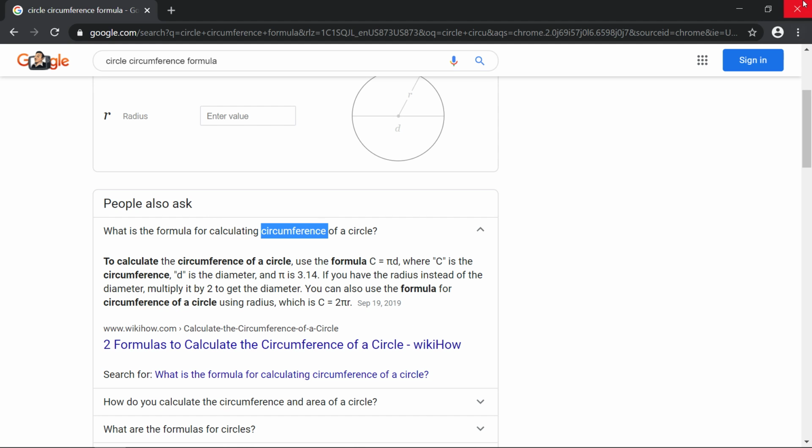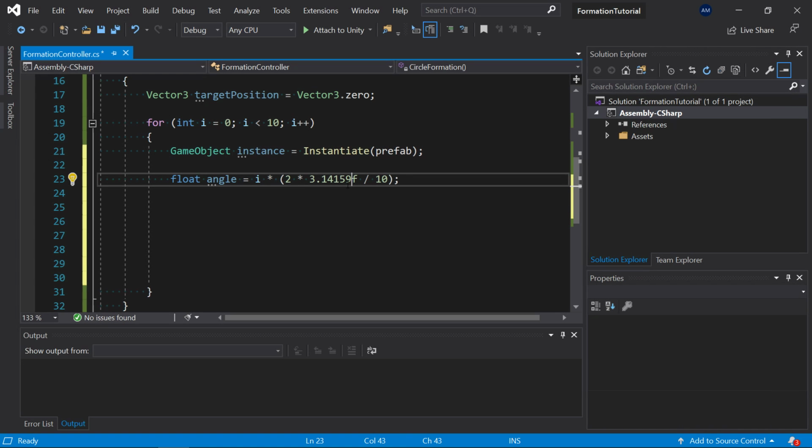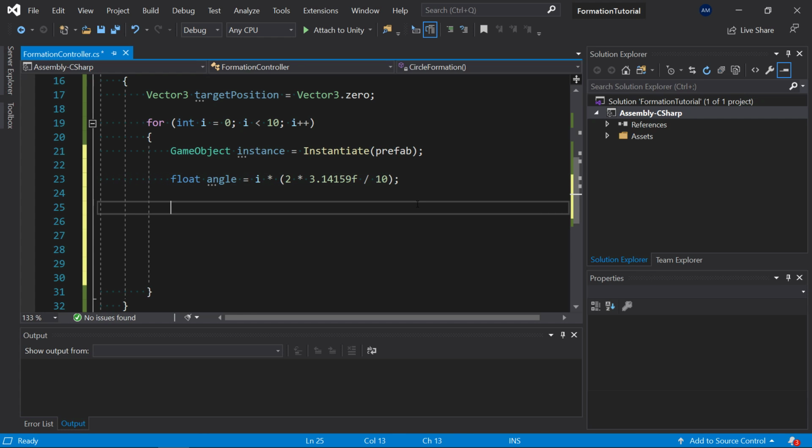So then that would be 2 times pi, and then you're going to divide that by 10, because that's how many spheres we want. And then the index is just what index it is in here. So we have an angle now. Now what we need to do